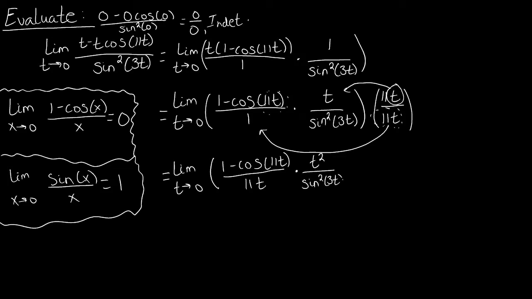And we're not going to forget that we have this 11 sitting out here, what we did in our original multiplication there. So now what happens here is we view 11 as a constant multiple of this limit, right? Because there's no variable that we're approaching or evaluating as we approach closer to, right? So we view this 11 as a constant. We really don't have to pay this any mind until we get to some of the last steps of our